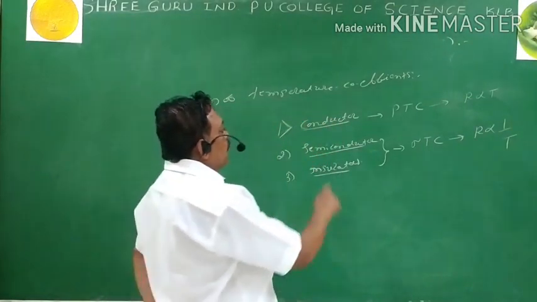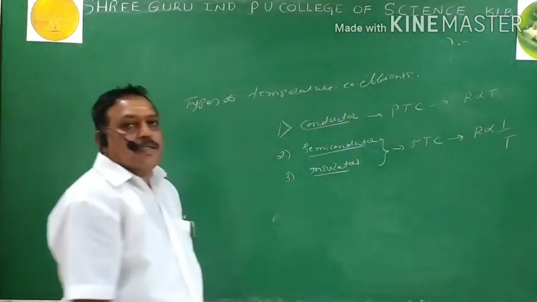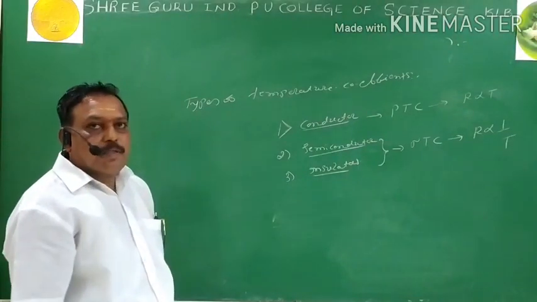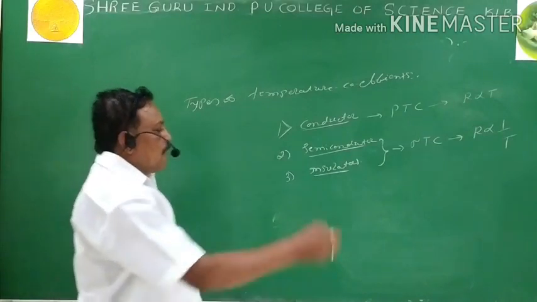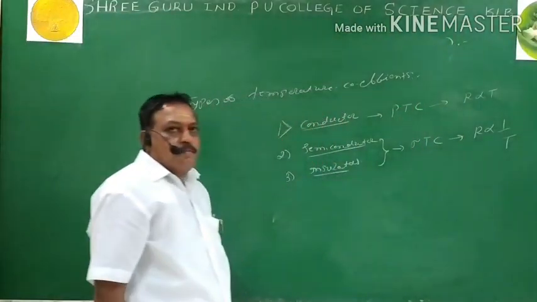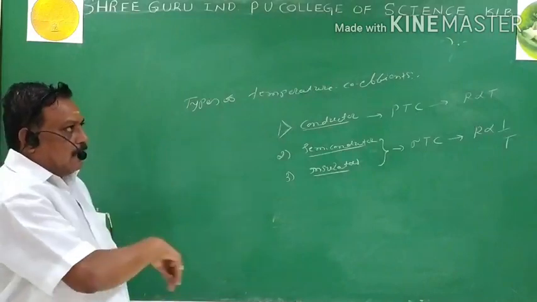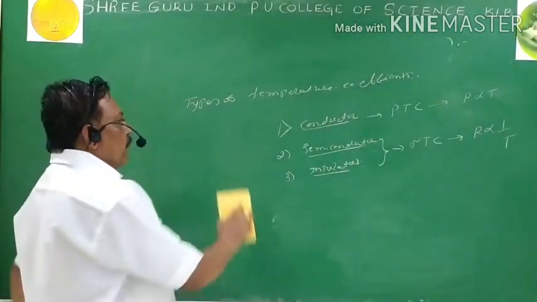So these are the materials we classify on the basis of the relation between the resistance and temperature. We have two types of materials. One is positive temperature coefficient materials. Another one is negative temperature coefficient materials. Semiconductors belong to negative temperature coefficient materials. Now this is about the temperature coefficient concept of the materials. Right. Then after this, we go for